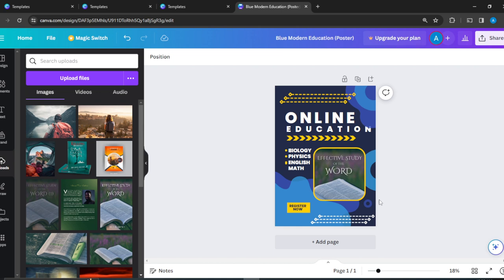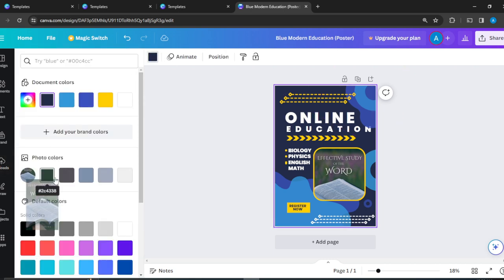Now I want to change the background color. All of these things can be changed. So just double click, change the words, and then drag and drop to move any elements. Okay, so I'm going to change the background of this. I'm going to click on this and change the background. So here's background color. Click on it, and I want to change it to